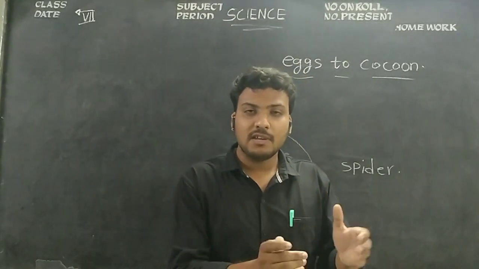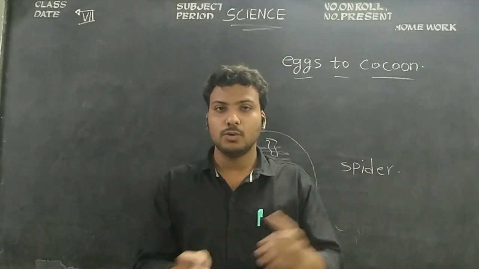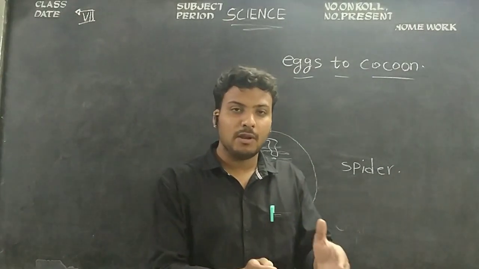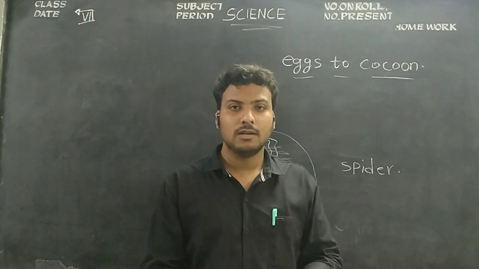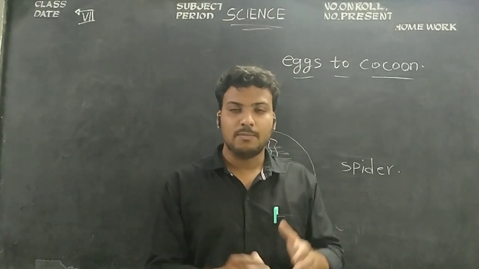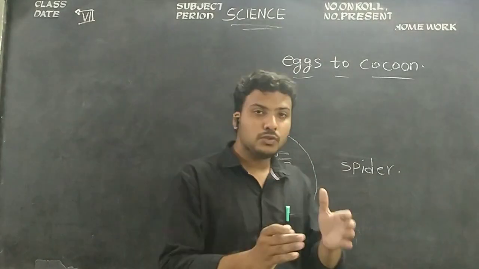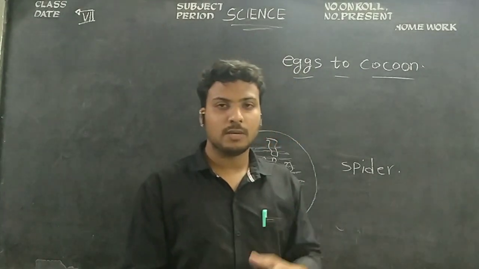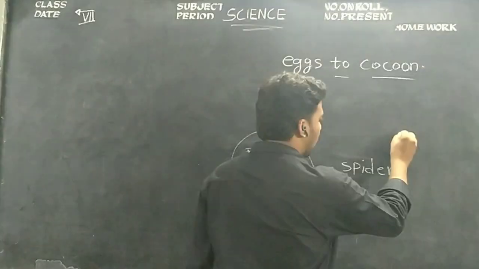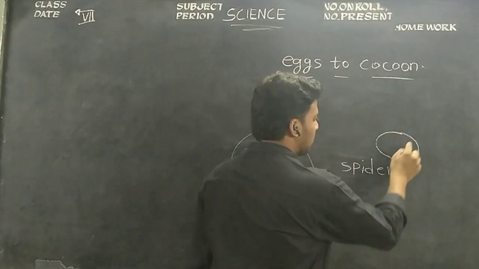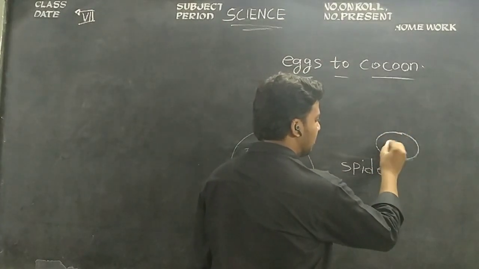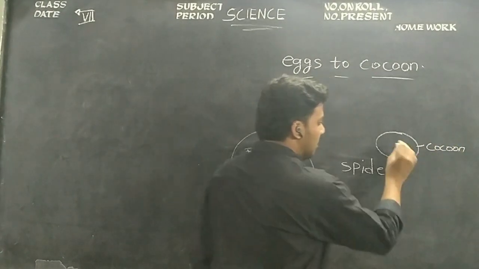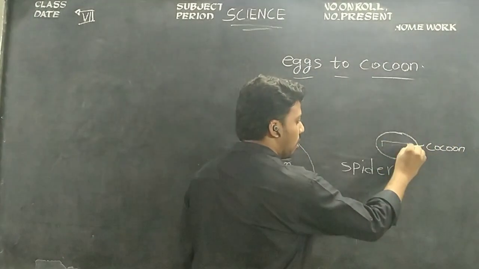When this chemical substance is exposed to air or the environment, it becomes a strong substance. So it slowly converts into a strong substance, and the silkworm is covered with this round circle, which is nothing but a cocoon. This is called a cocoon, children. Inside of the cocoon there is a silkworm, children.